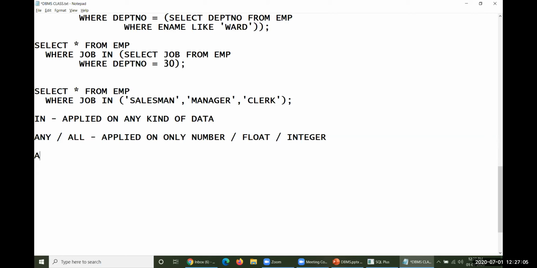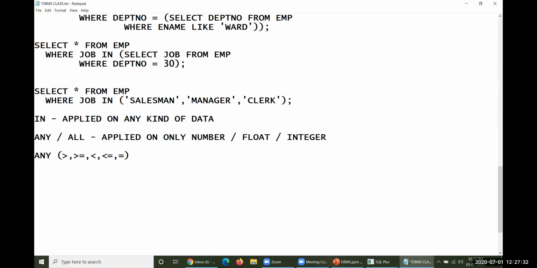However, let me talk about ANY here. ANY is also taken into consideration for multi-row subqueries. ANY will be operated with the help of greater than or equal to. Of course, equal to could be taken or could not be taken, that is up to you. Less than or equal to. Sometimes equal to also is taken into consideration.